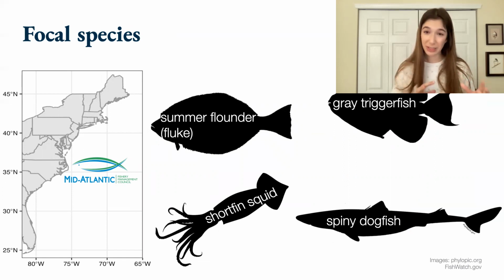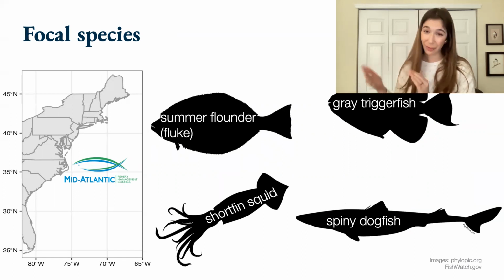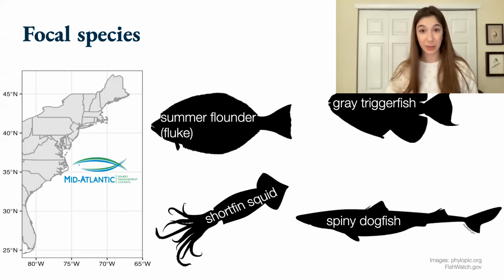We're fitting the model to data from 1972 to 2005, and then forecasting it for the final 10 years of data from 2006 to 2015. So that's our out of sample forecast. We hide the data from the model, run it forward with our parameter estimates, and ask, did it do a good job of forecasting short-term distribution and abundance changes?